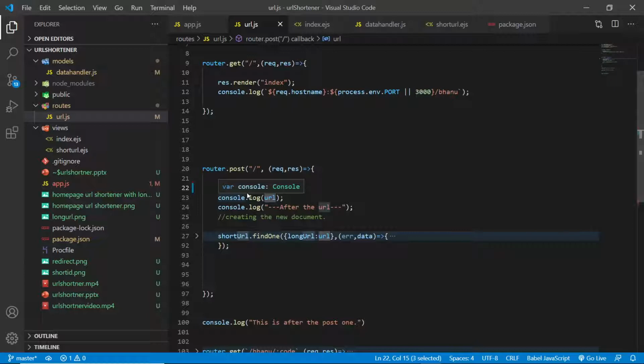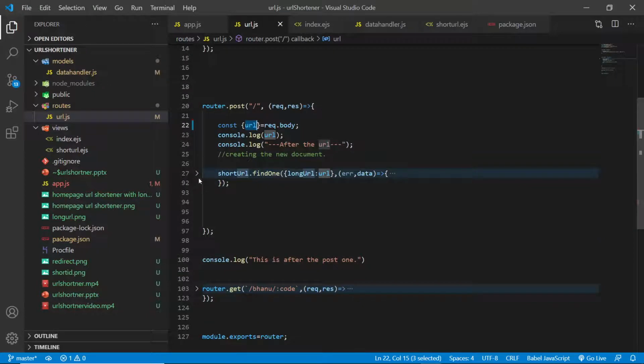If it is present, we need not store it. We can just give back the short URL generated, right? We are wasting space by storing it again. So instead of saving it again, we can find it and return it back. If it is not present, we can save it, right? So that is what we have done over here.